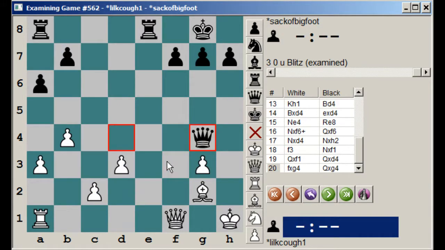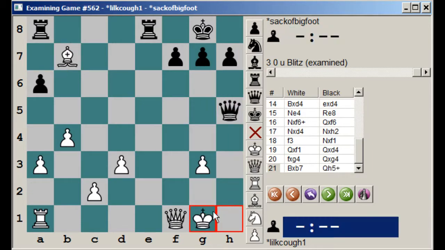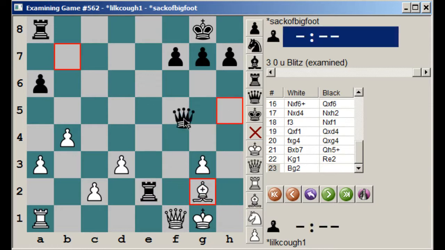But he took on b7. But after, so queen h5 is actually the best. Check. King g1, rook e2 is deadly. Bishop g2, queen e5,